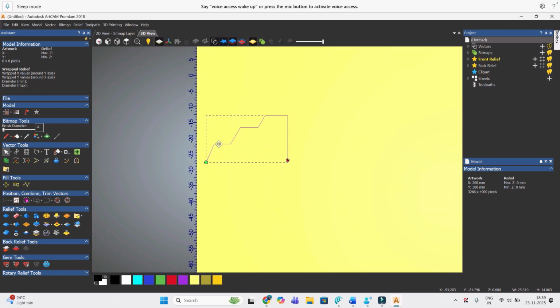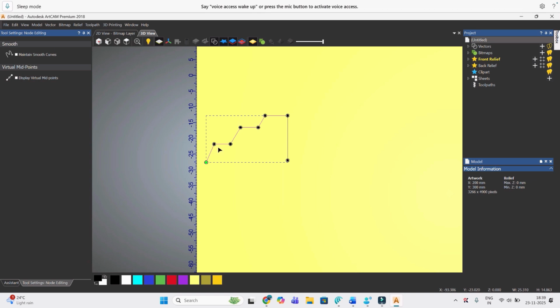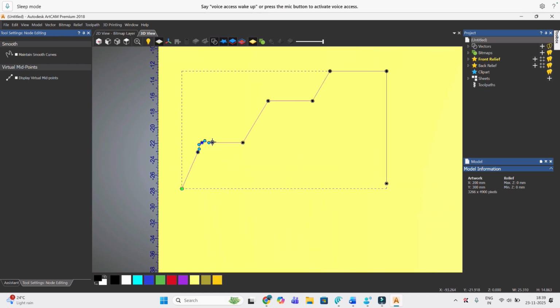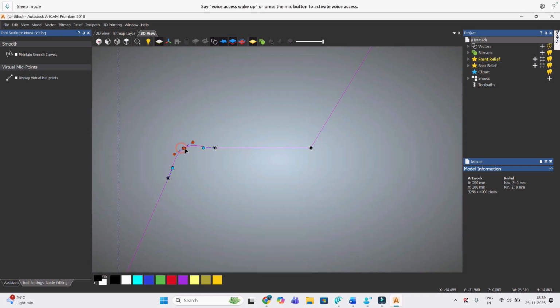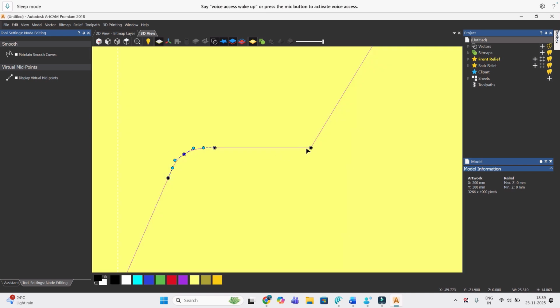If I want to make it more smooth, I can just insert some points. So this is the way we can do. If I make it smooth, it will be more comfortable. Smooth, and I can make it just like this also. I can do smooth here also, but it changes that geometry. I don't want to make any changes in other places, so I just want to keep it smooth only